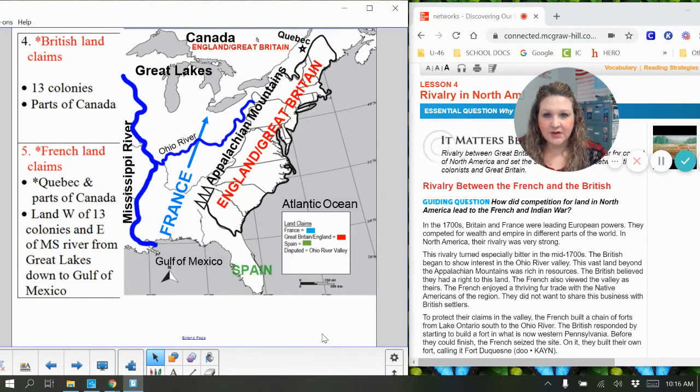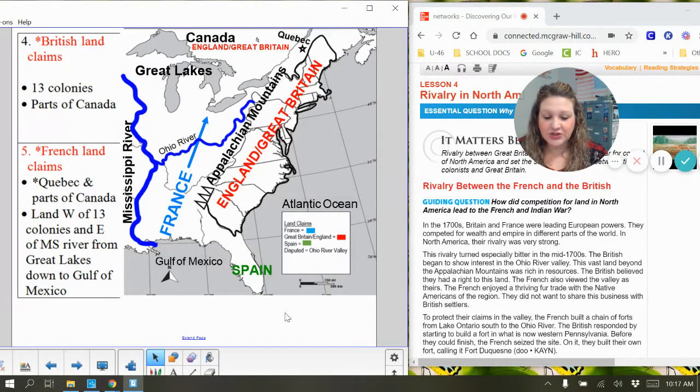Oops, I forgot to uncover Spain. And Spain's already on your map as well. But Spain has control over Florida. We talked about that earlier on, that remember Georgia was supposed to be a barrier to keep Spain out of the rest of the 13 colonies. So Spain, we're going to see a little bit of Spain in here as well in this unit. But they right now are pretty much just in this area of what is Florida.